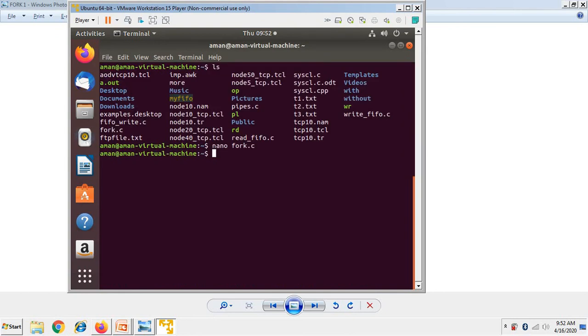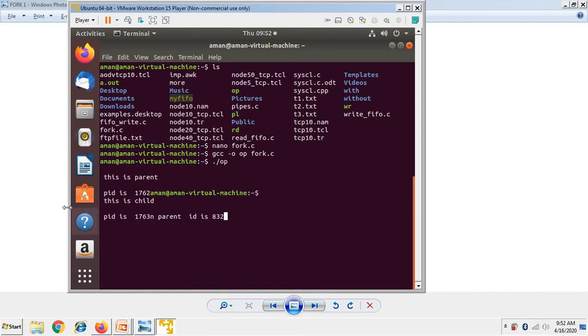So I'm exiting this program, and now you run the program. This OP is the output file. So you run this. Now in the output you can see that first the parent process we executed gets executed, and then the PID of the parent process is displayed.